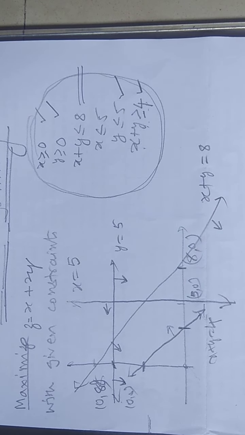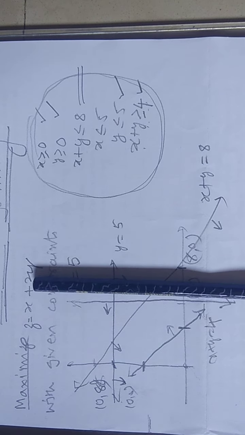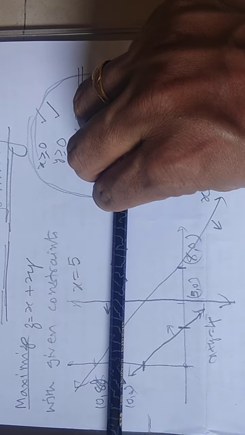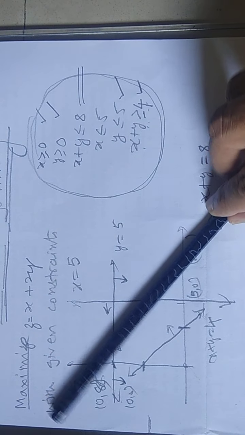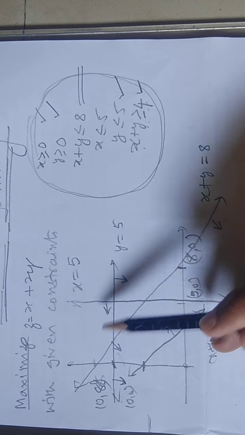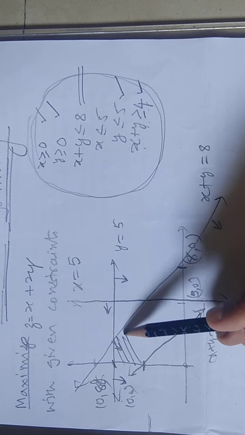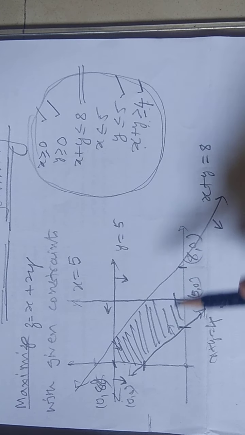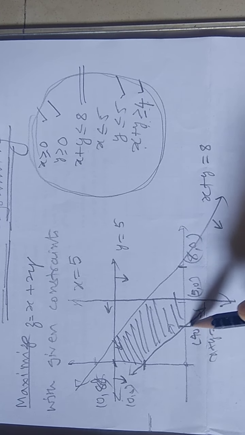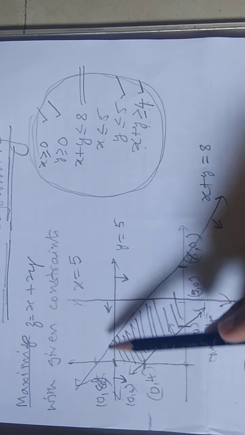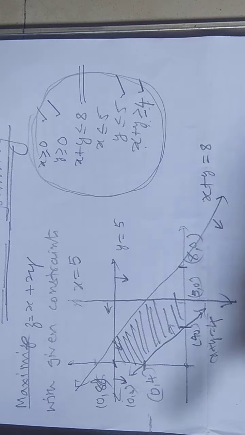Now how to conclude the graph: it is left upside of this, down of the line x plus y is equal to 8, and upside of this one. So you will be getting this. Do you remember we have used the word feasible region. What type of graph are you getting? Here in the graph it is 1, 2, 3, 4, 5, 6, a hexagonal graph.